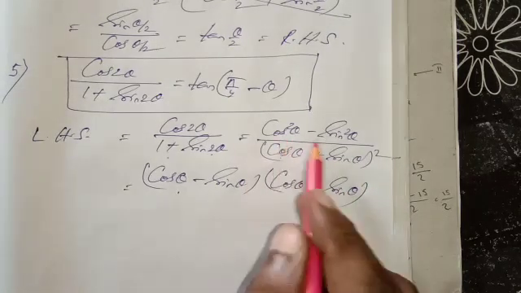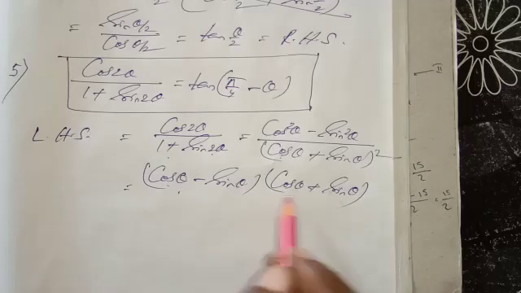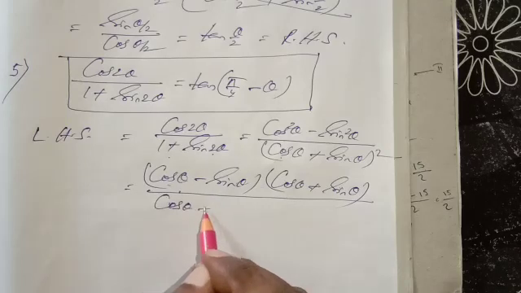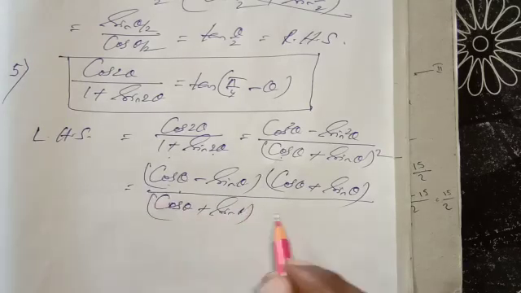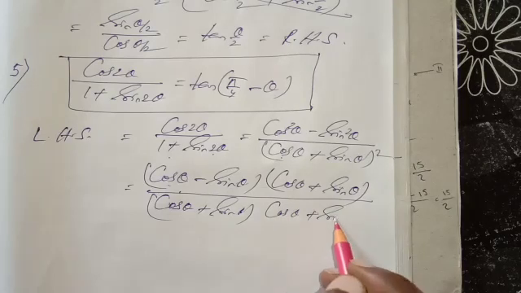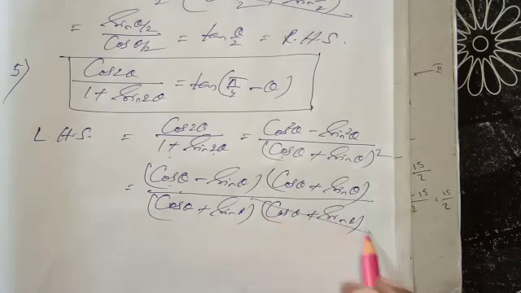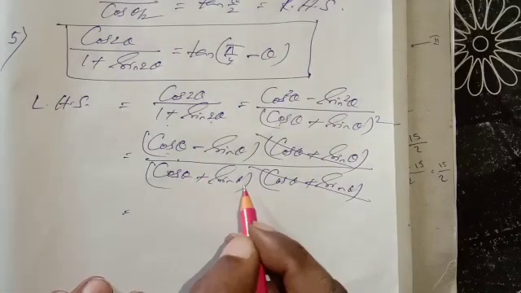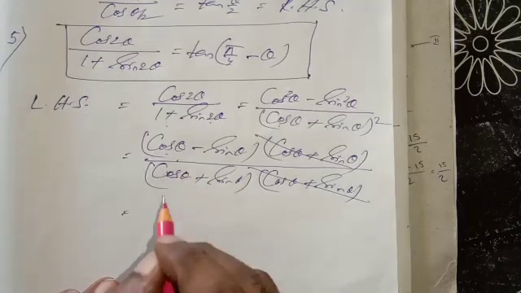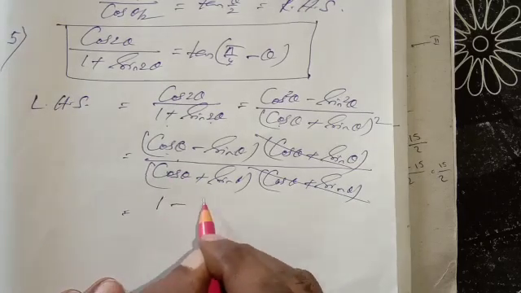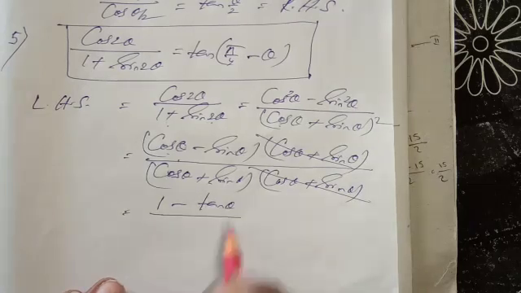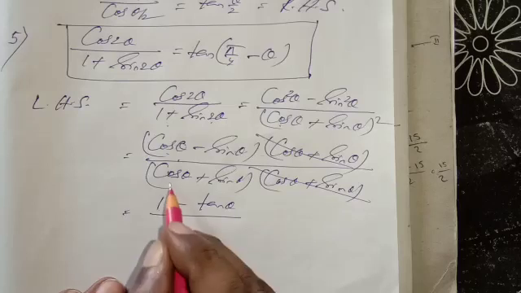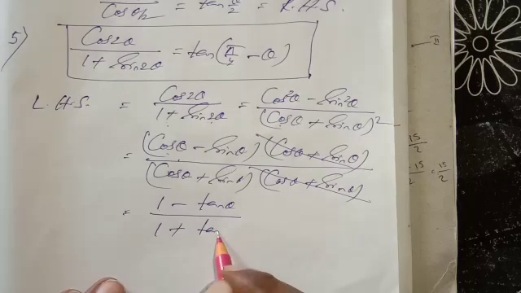I am breaking with the a square minus b square formula, cos theta minus sin theta whole into cos theta plus sin theta. And in the denominator you have to write 2 times, as it is given squared, cos theta plus sin theta, again cos theta plus sin theta. Now one part will be cancelled out. What is left? Cos theta minus sin theta by cos theta plus sin theta. You do one thing, divide by cos theta both numerator as well as denominator. I will get 1 minus tan theta. If I divide by cos theta in the numerator, I will get cos by cos 1, sin by cos tan. Same process here, 1 plus tan theta.